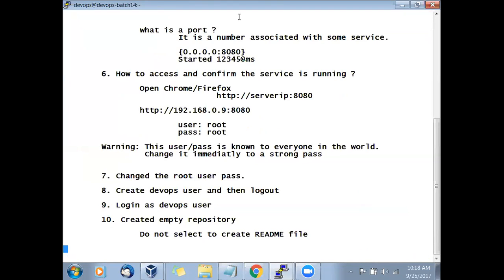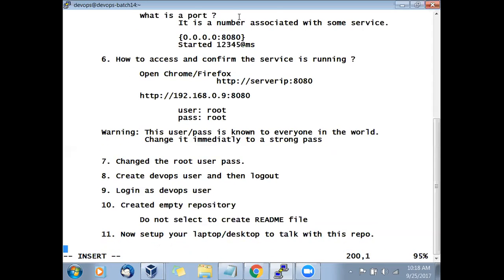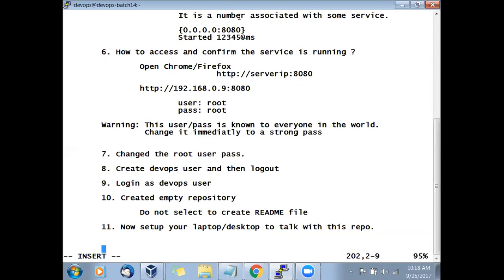So how to do that? Now set up your laptop, desktop to talk with this repository. So how will you do that?